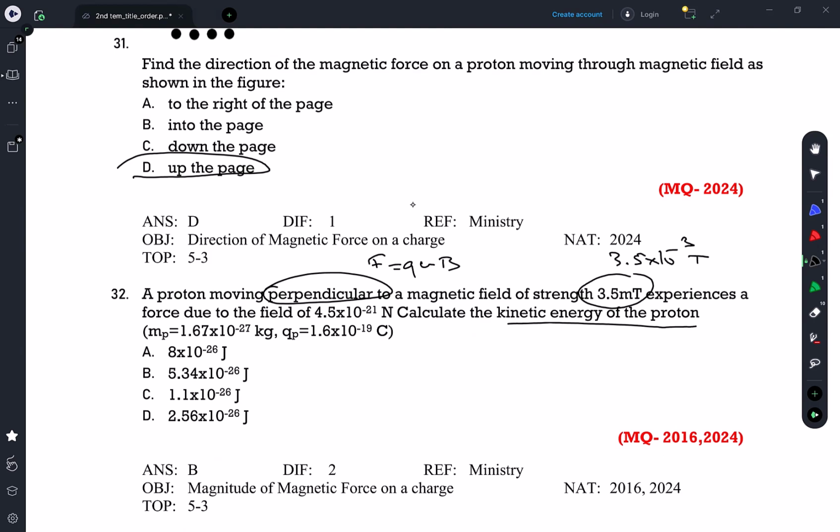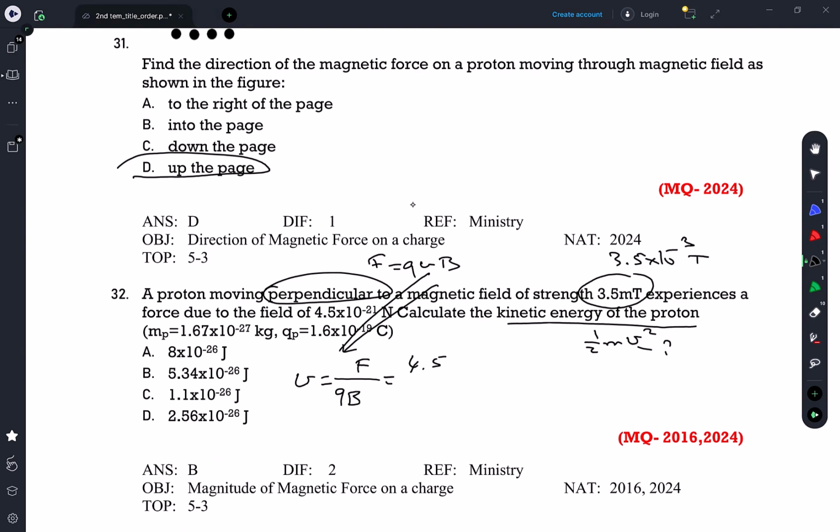Kinetic energy is 1 over 2 mv squared. So we must calculate the speed first, using the QVB equation. So V is equal to F divided by QB. F is given as 4.5